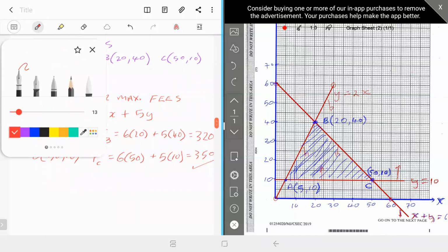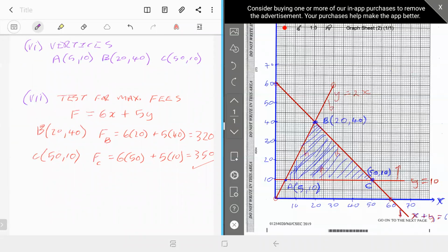So go back now. That was just your test. When you finish, you're going to write the solution now. You're going to say, therefore, maximum fees is, put the dollar sign, $350, put the conditions when,